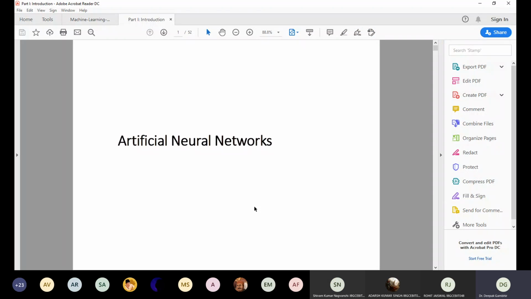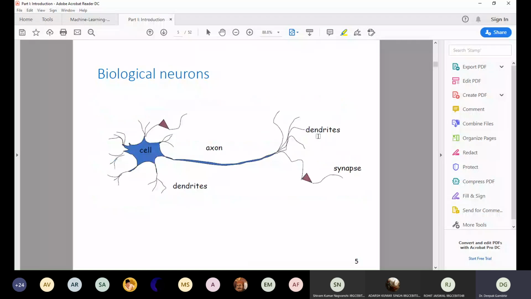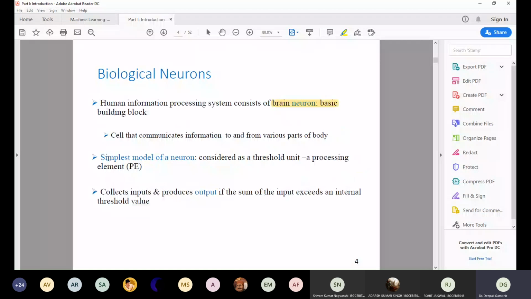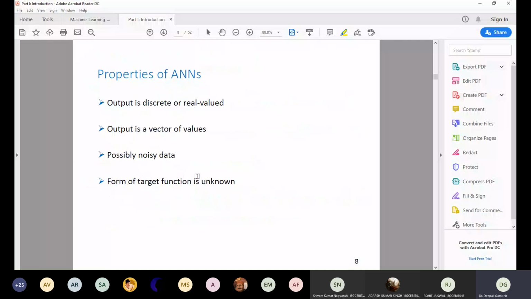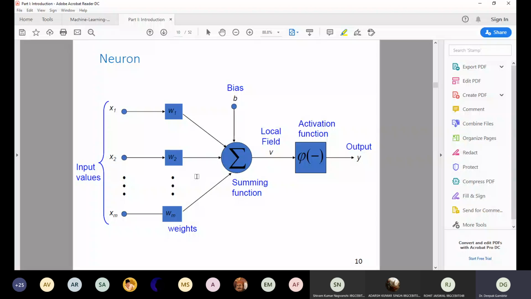Good afternoon, everyone. We were doing artificial neural networks, in which we have studied that artificial neural networks are the ones which mimic the human brain, and its basic element is the neuron. So, how this neuron is used for the processing element, we have already done that. Also, in the previous class, we have learned how the neurons are made artificially.